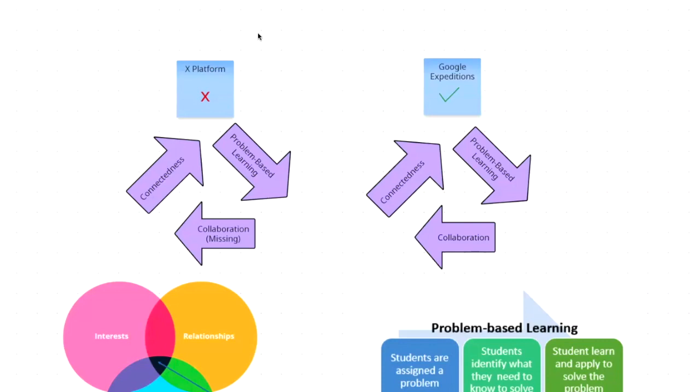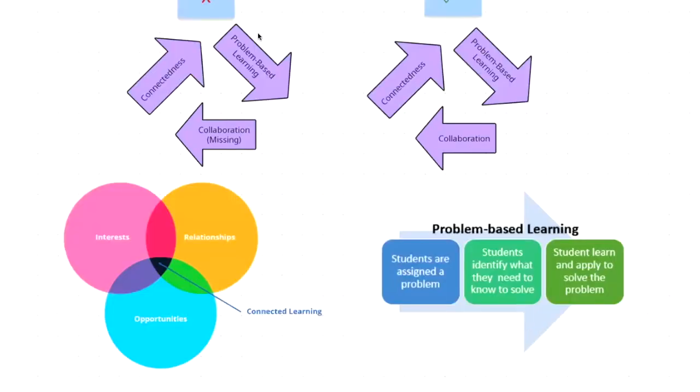Now for the Animal Safari AR, with connected learning, students are able to develop their interests and relationships in the little subgroups if they're working specifically, maybe possibly with food. And on top of that, they're working with the same animal as well. And as in the previous diagram above, with problem-based learning, we want students to be assigned a problem and be able to identify the need to know and solve. In addition, students need to learn to apply this to problem solving. So I'm going to show you a brief clip right now as I share screen.